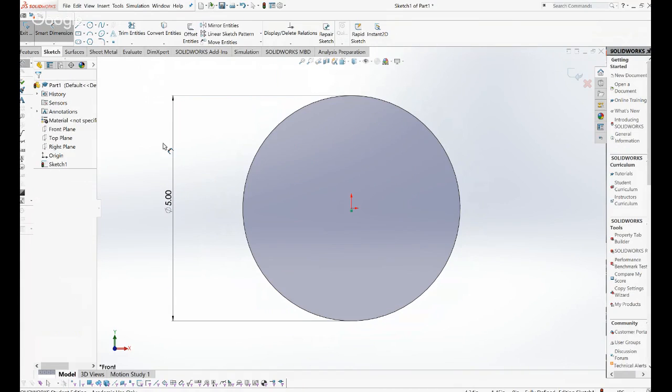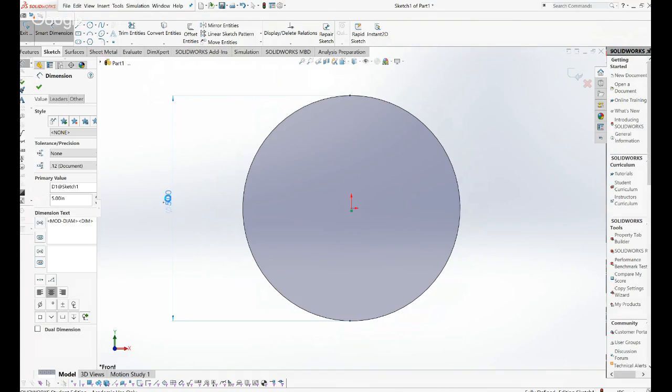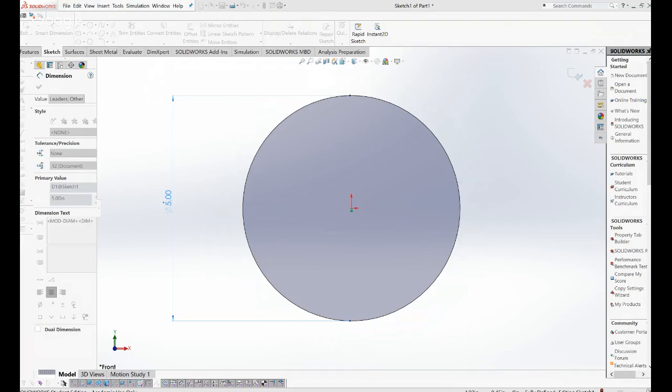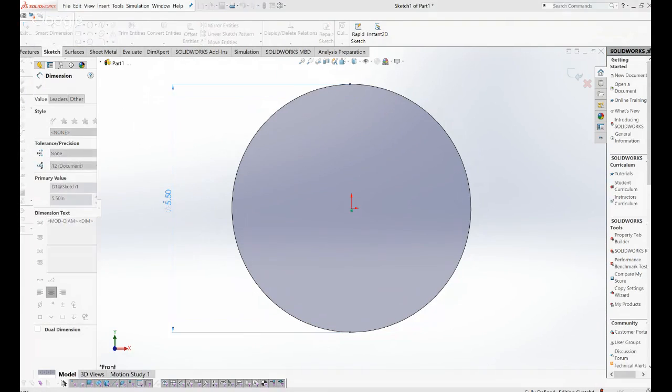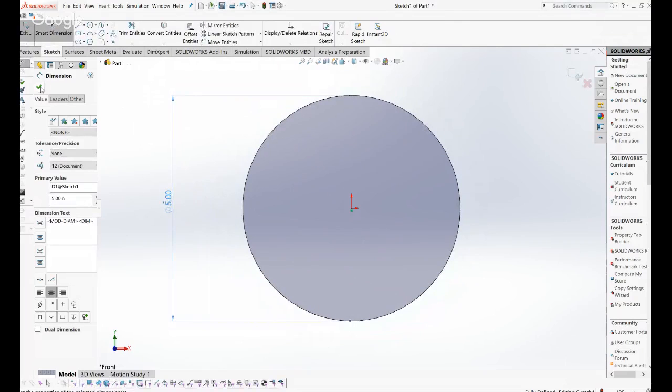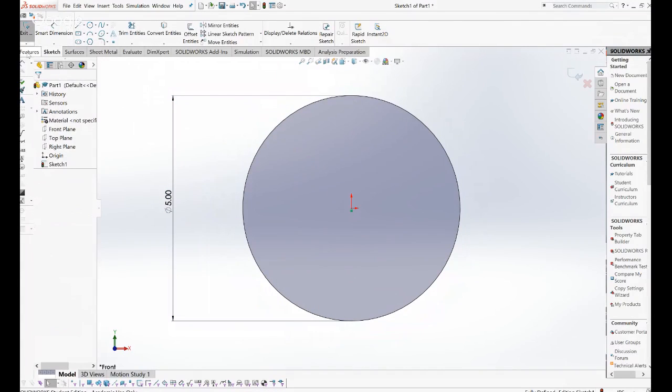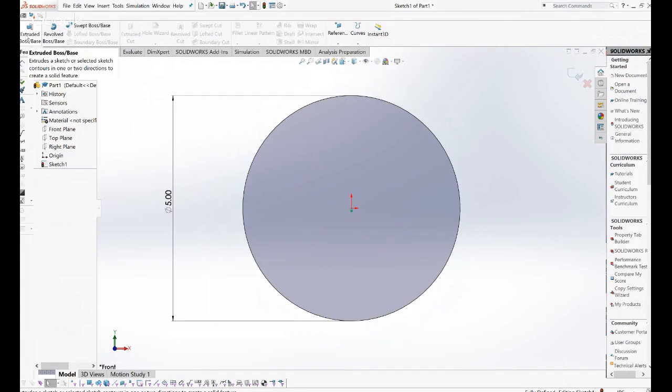So there we go, 5 inches. And this is something you can change throughout if you need to. So we can make it 5.5 real quick. The circle will change, but we want it to stay at 5 inches. Check. And then we'll go back up to the command manager, hit features, and then we're going to choose extruded